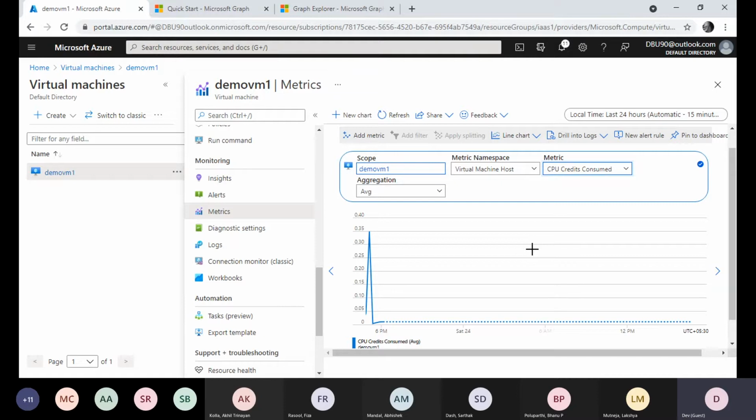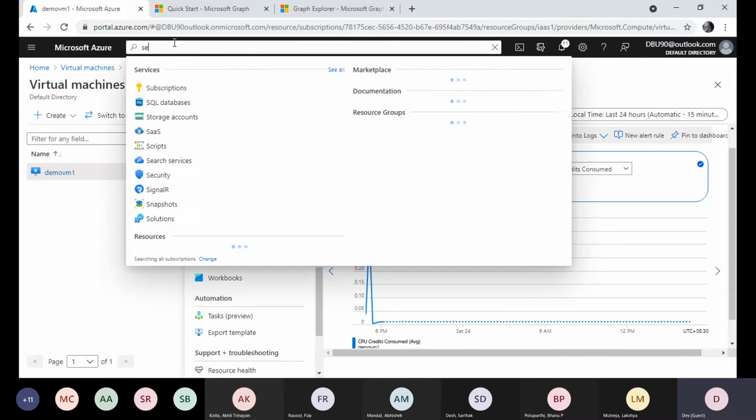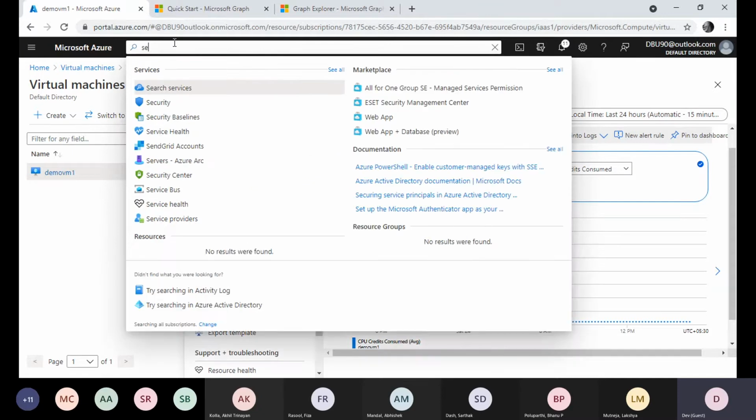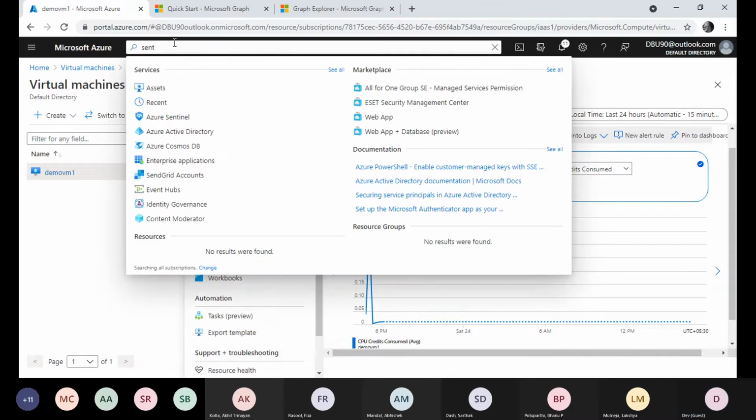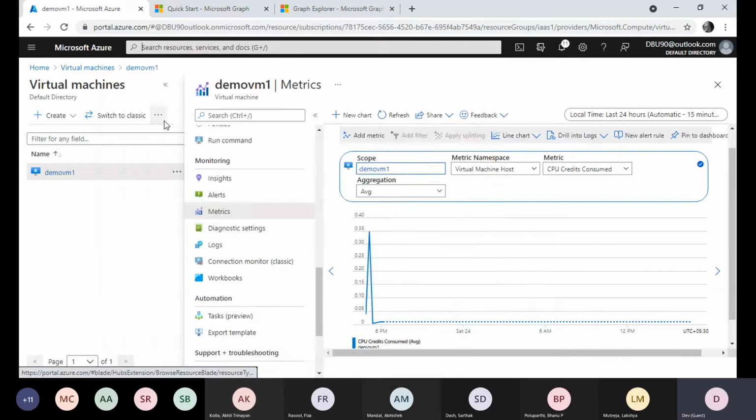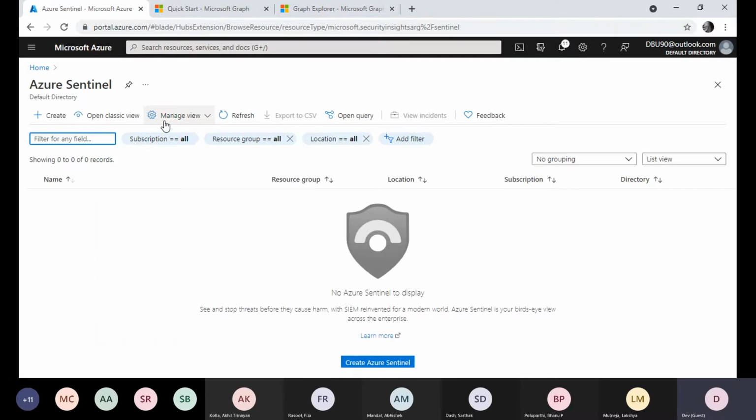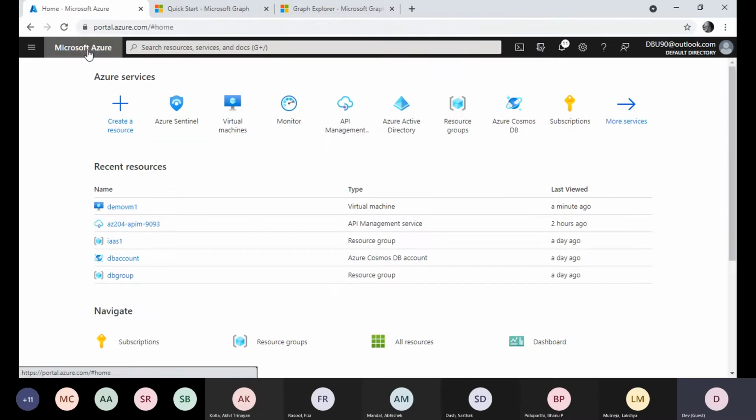So this is one of them, and then we have this. I don't know whether I have the Sentinel part. Yeah. So this is Azure Sentinel. So this is one of the other options that we can use.